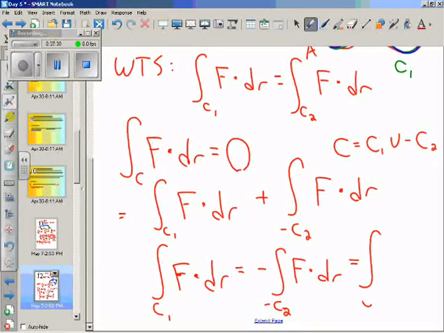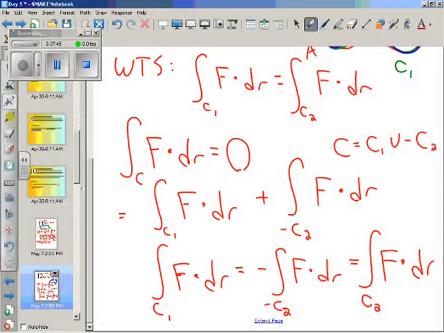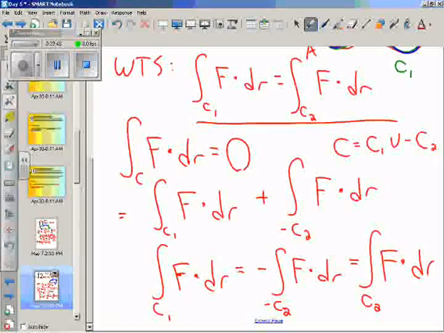So we're going to have positive f dot dr, which gives us our result right here. And again, because all those were arbitrary, because we picked arbitrary closed curves and arbitrary points, that establishes the result in general. And so what we're left with is